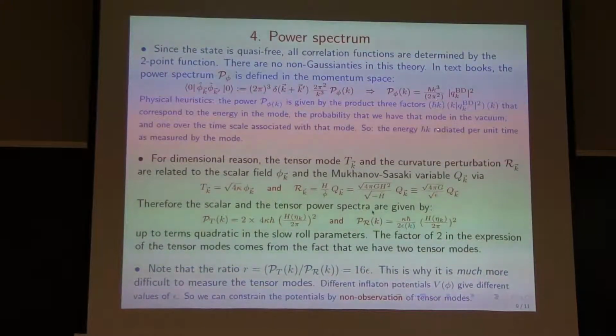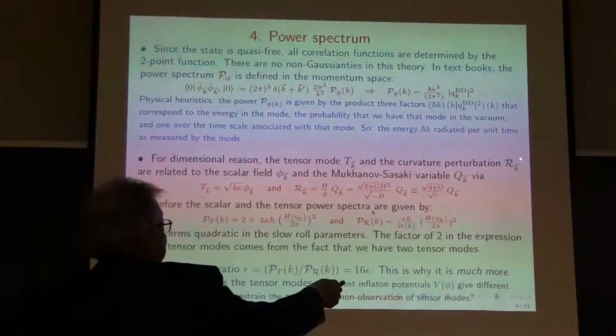So therefore, energy in the mode times probability gives us the energy associated with that mode in the vacuum fluctuations per unit time as defined by that mode. So h bar k, energy h bar k is radiated per unit time as measured by the mode itself. Now, for dimensional reasons, the tensor modes and